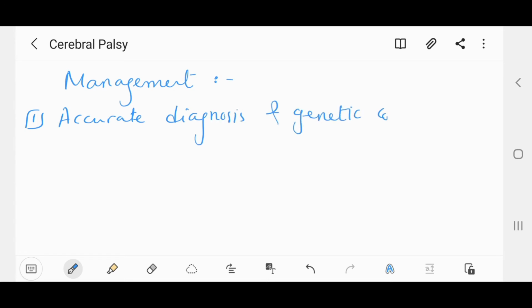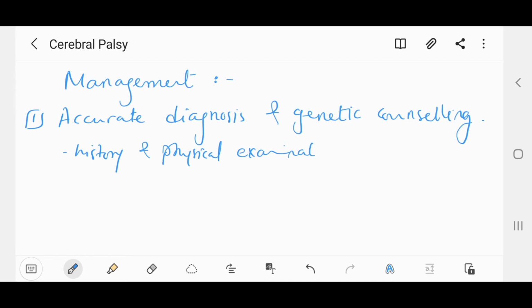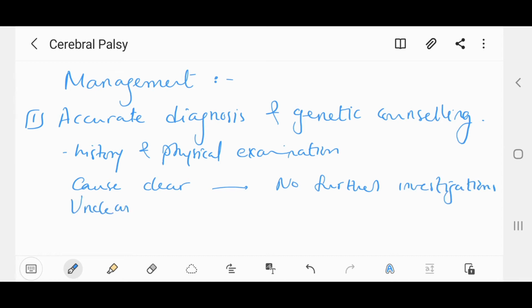Management involves a team approach with health professionals and teachers. Input from the family is important. Number 1, accurate diagnosis and genetic counseling. We should establish the cause of cerebral palsy if possible. If the cause is clear, then no further investigations. If the cause is not clear, we should do some investigations such as urine or plasma metabolic screen,